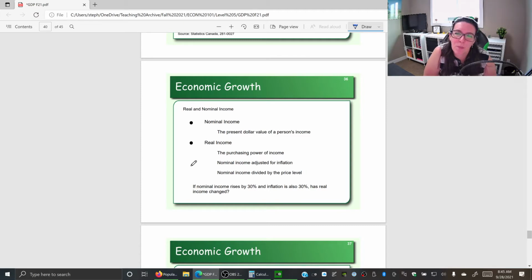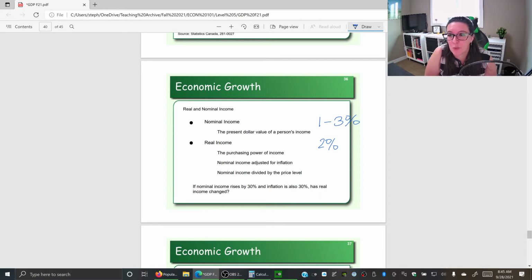So this is an important thing to note, because when we look at our inflation, remember that Canada actively uses monetary policy to keep inflation between 1% and 3%. So on average, each year, prices are going up 2%. Which means when you're negotiating a pay raise, you're negotiating your nominal income. How much do you need your income to go up so that your buying power, your real income, is either staying the same, so you can get the same stuff and afford the same expenses that you currently do, or you could actually buy more than before.